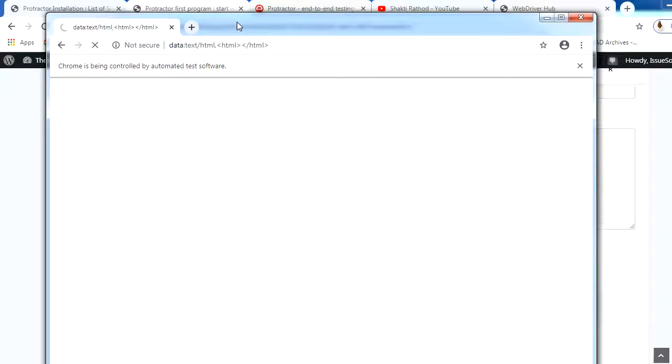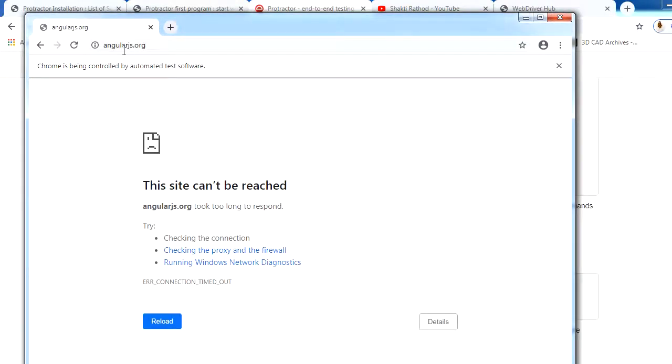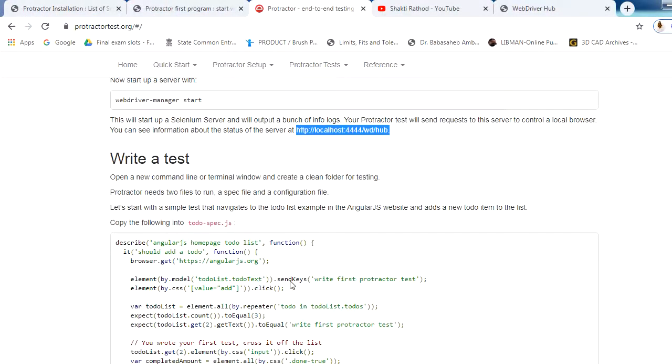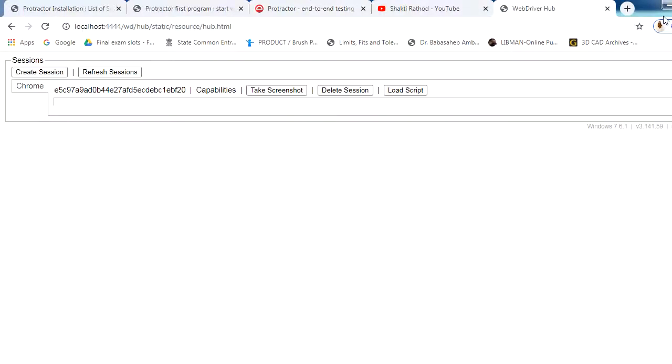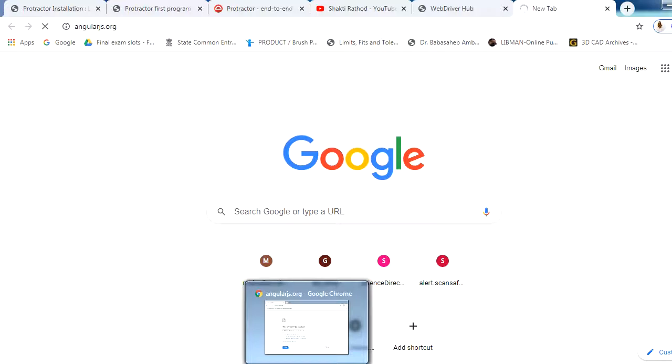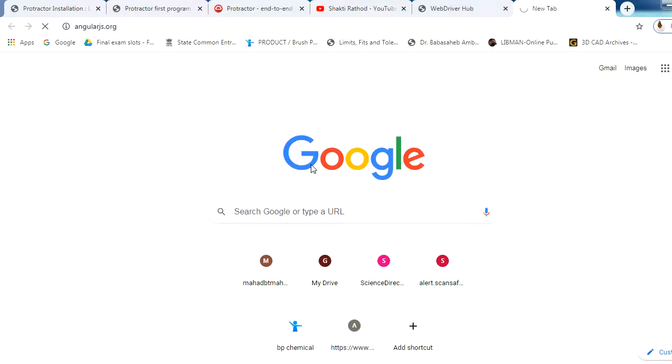Okay, so I think we have to wait. Okay, so it cannot be reached. Let's check what site name we have given. HTTPS, are we able to open it or not? I think this site has become a little slow, therefore it has given some error.